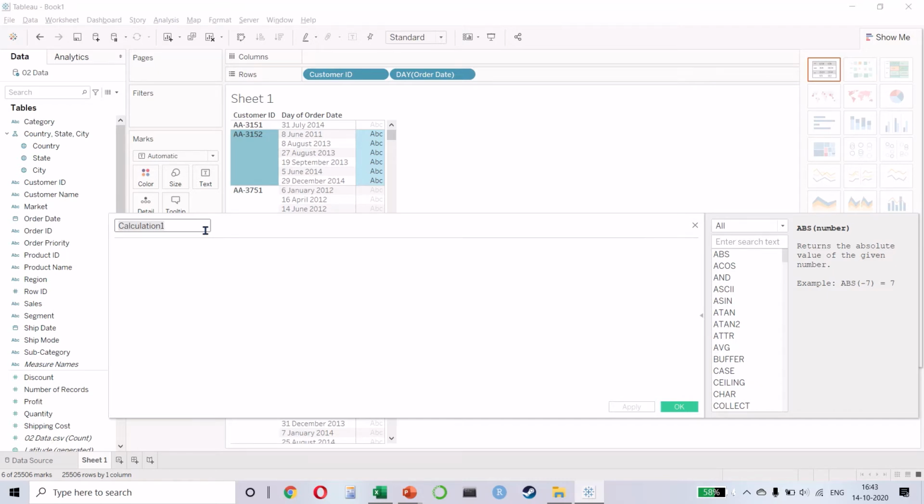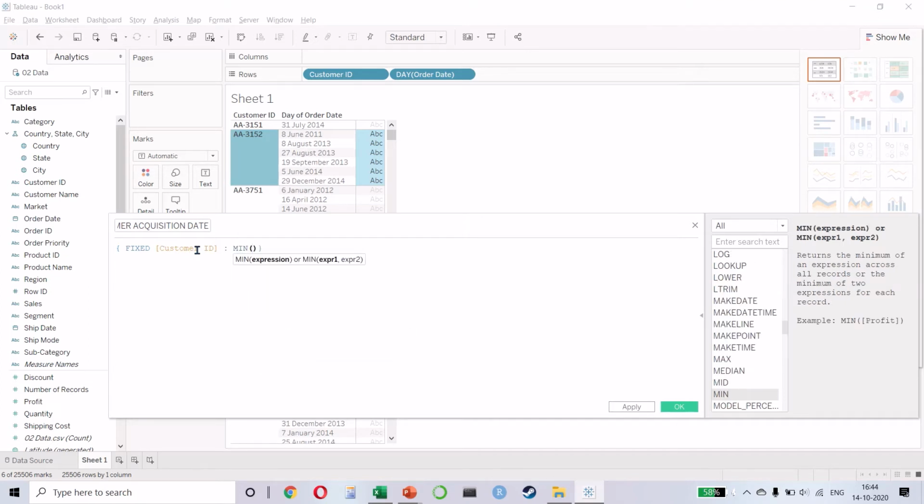That means the first or the earliest date. So let's call this the customer acquisition date, and this would be fixed. We want to find for each customer ID the minimum order date.